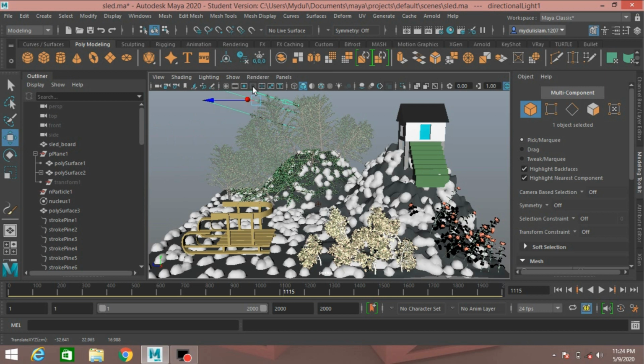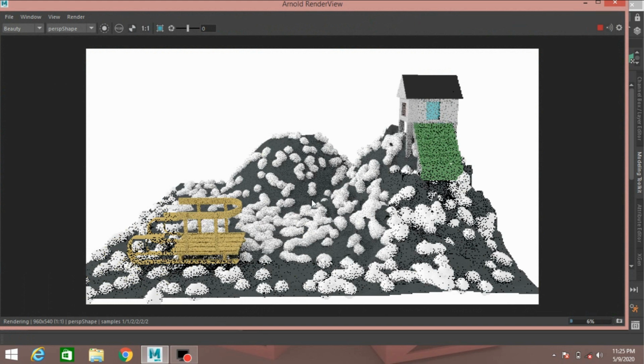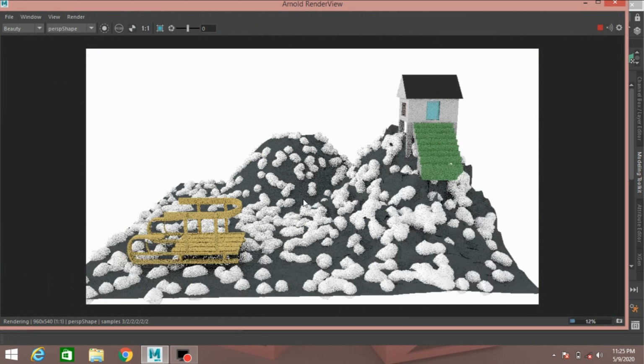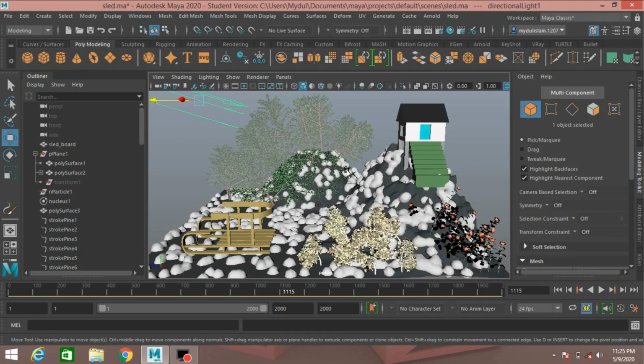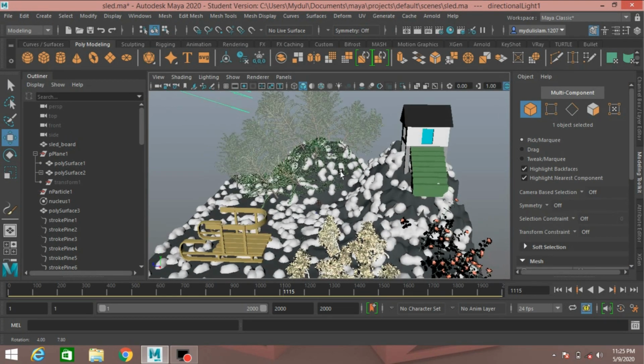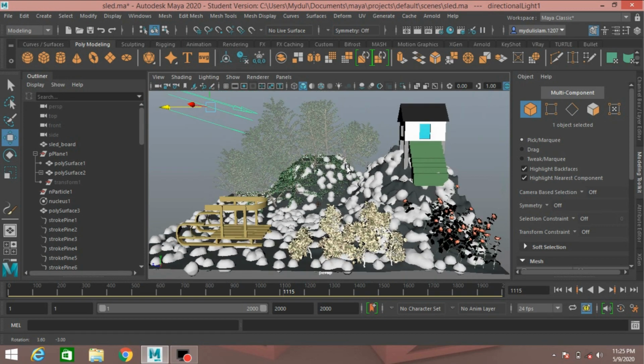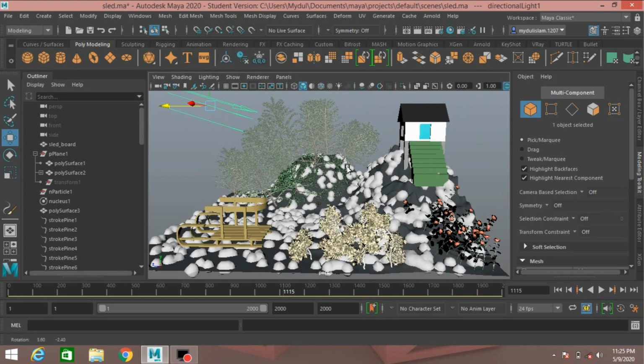Move it up, move back. Again go to Arnold, render, open render view. Nothing is shown either.